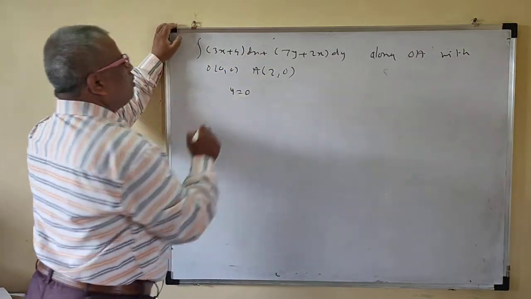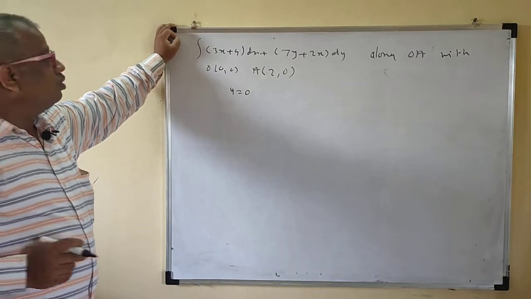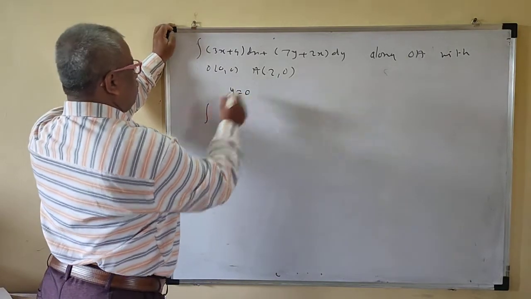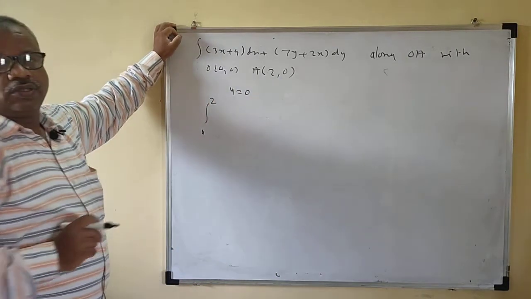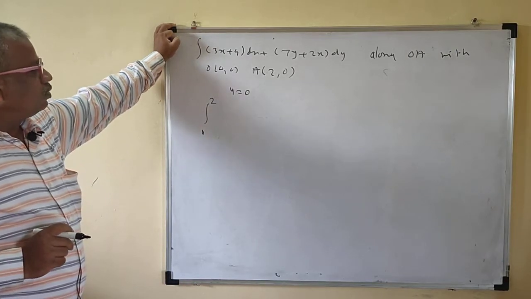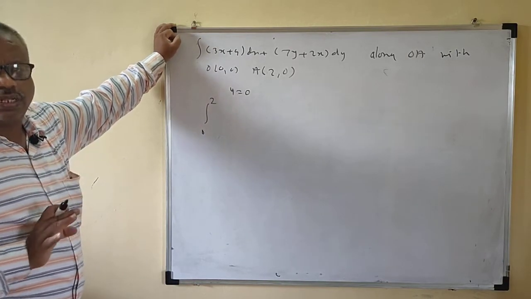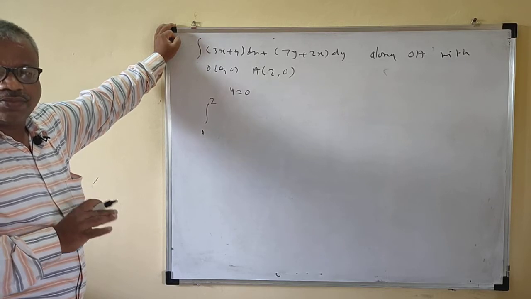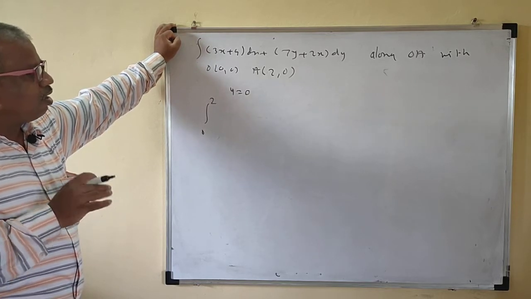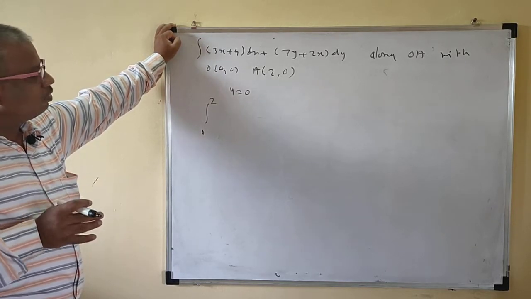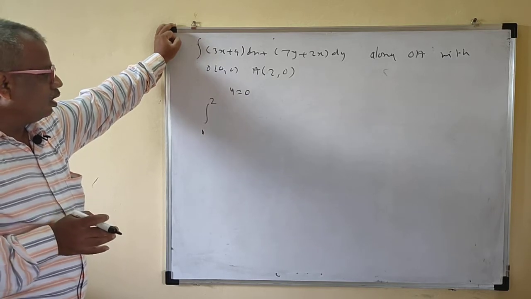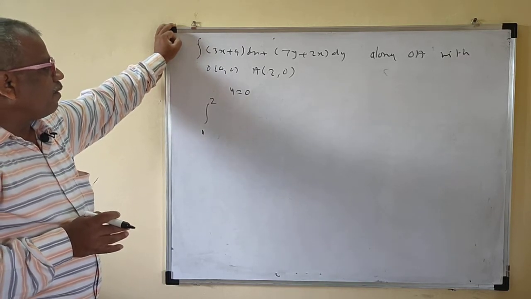That means y is equal to 0. Your y is 0. So the limits of x are 0 to 2 then. Okay, so we have to solve all the problems orally now. We are just revising this. We have to face the competitive exam or the online exam, which is forthcoming in the next month.